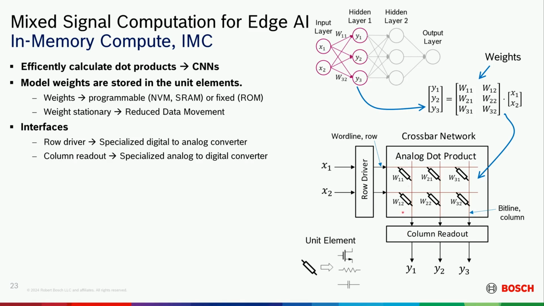charge on these columns. All right, so then the column readout also needs to be an analog to digital converter. And there's been a couple of publications. Actually, I was working on making this whole thing into a SAR. And I wrote a patent on it about 3 or 4 years ago, and then there was a ton of publications at ISSCC and other places that already did the idea. So I guess everyone was thinking the same way. But you could reconfigure these unit elements also as your computational thing that converts this charge on this column back to digital.